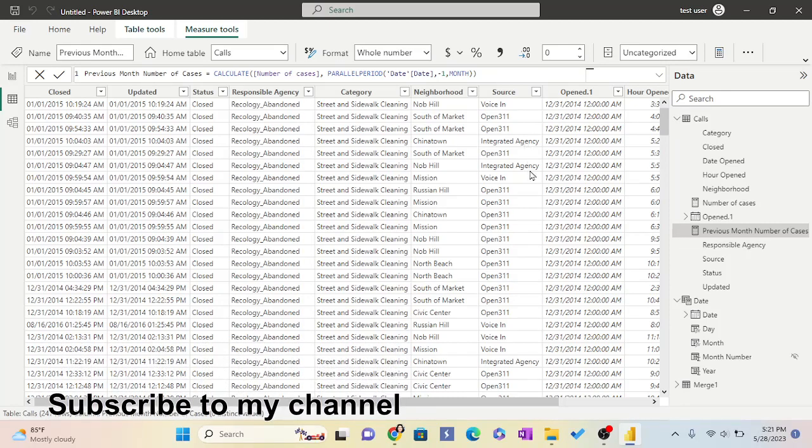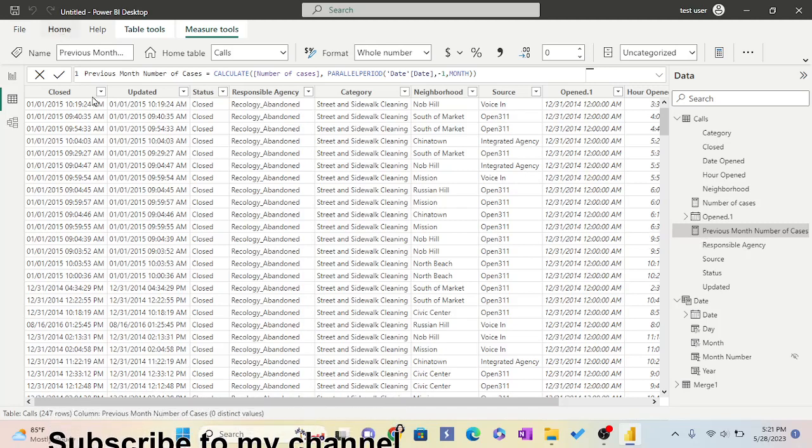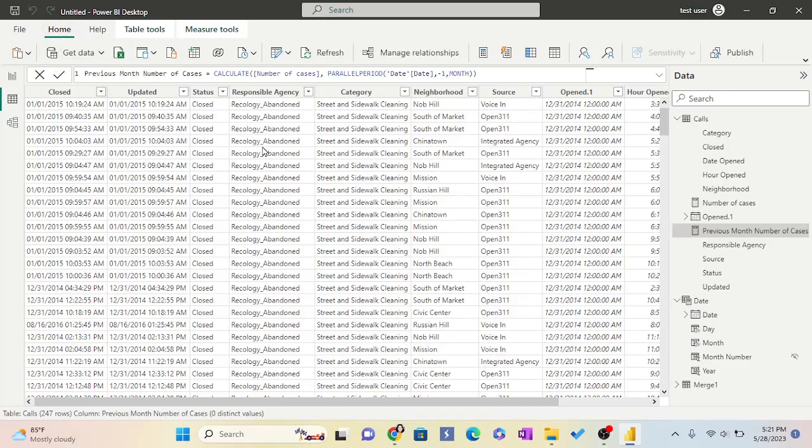So this is how you create a table, and then how you can